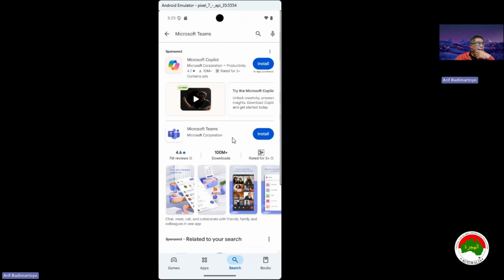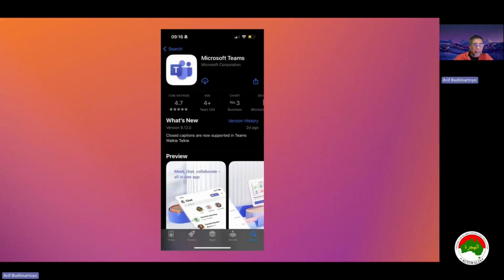Okay, let me load my Android emulator. You can find that it's pretty much similar across the operating systems, like iOS or Android. Now that I load my Android emulator, okay, this is the application. You can install it. While we're waiting for the installation on Android,